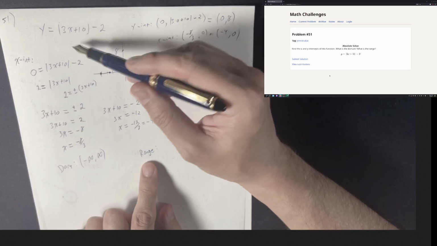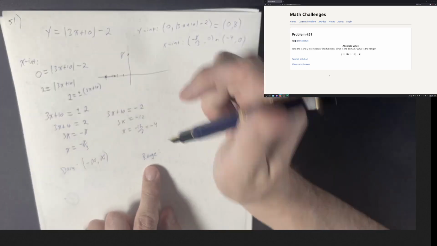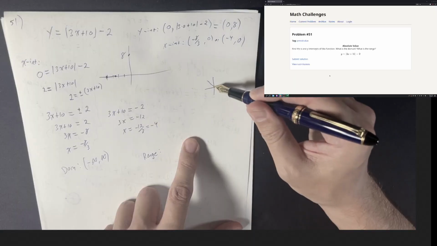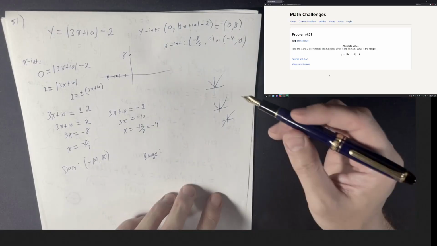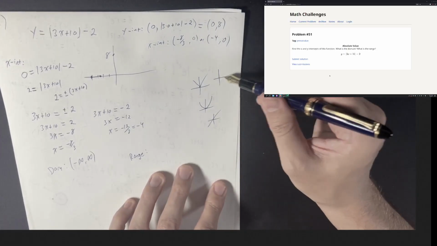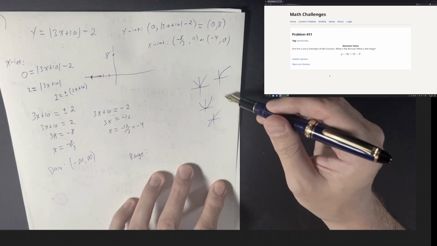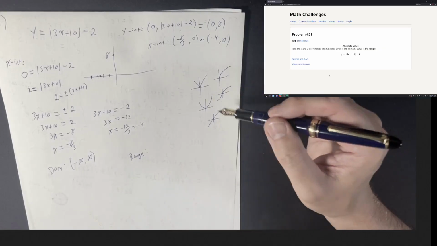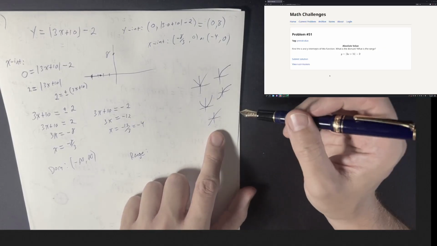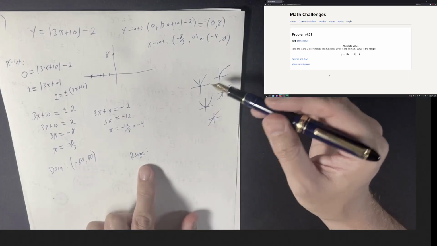You probably want to have half a dozen functions or so off the top of your head, like the absolute value shape looks like this, or x squared looks like this, or of course straight lines, lots of straight line examples. Square root, you want to know that shape. Cube root is kind of the same thing except that it's odd. So at some point you memorize about half a dozen different shapes, and that'll start to help you get the